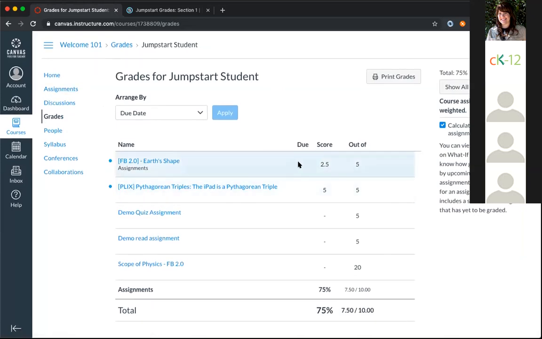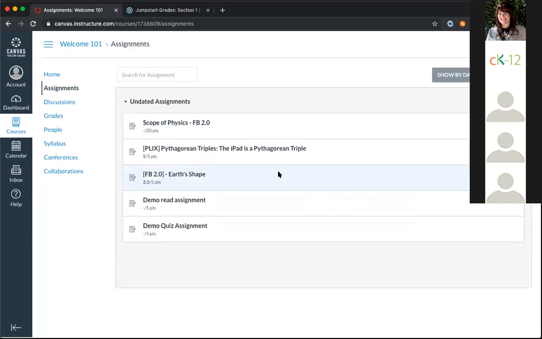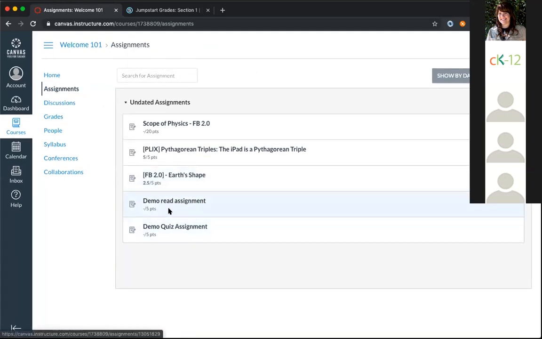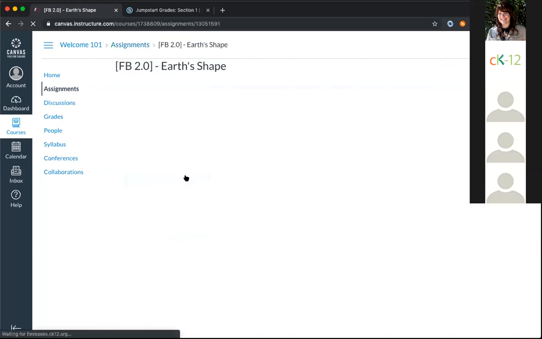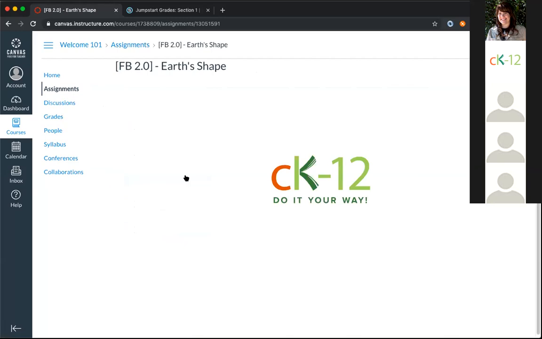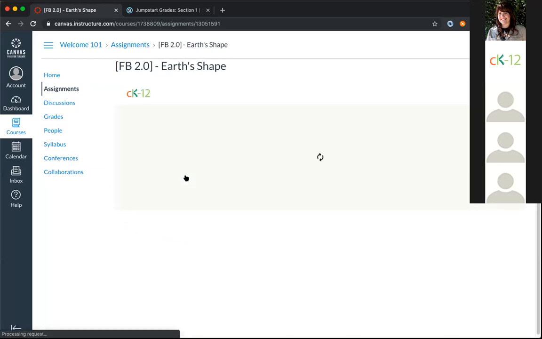So here, again, I'm still on the student side, but you can see the grades are coming to the gradebook. And one last thing before I switch over to Schoology.